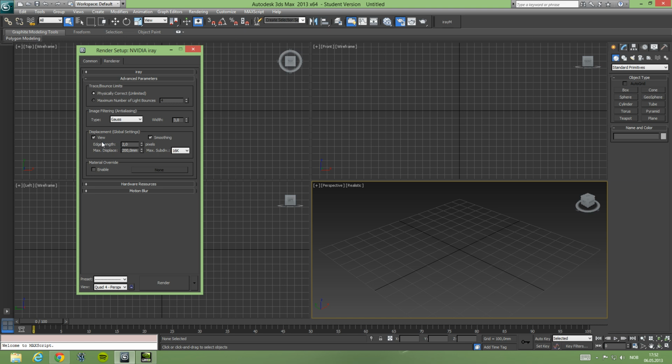And displacement, this is just regular settings for displacement. Bump maps don't really work in Iray. Iray only uses physical maps. Meaning if you want to change the surface, so the shading gets different on a model, you have to use displacement maps. You can use bump maps for